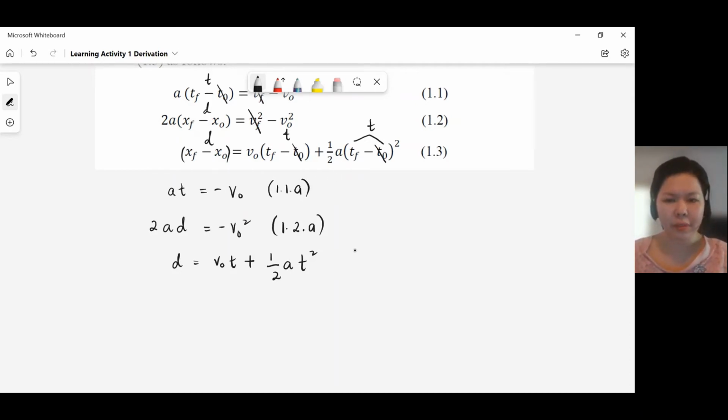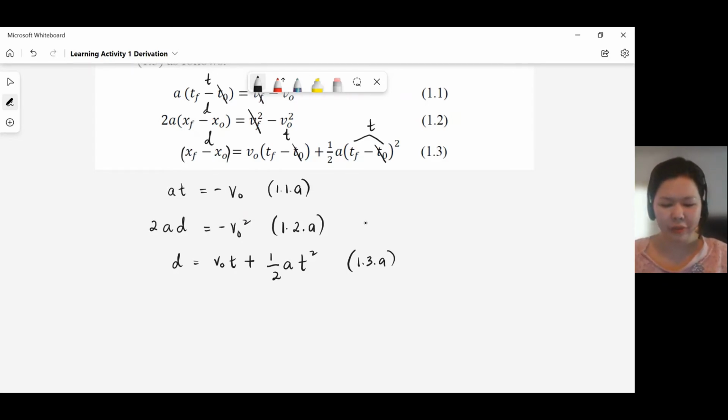This is 1.3.A. Here we have a system of 3 equations, 1.1A, 1.2A, and 1.3A, and 2 unknown variables, A